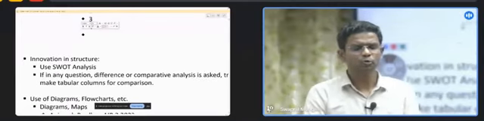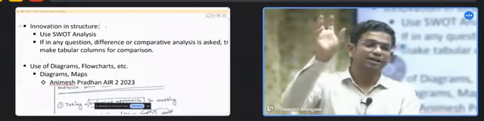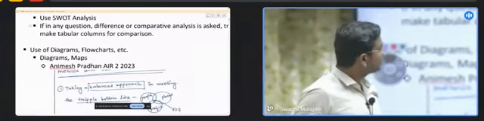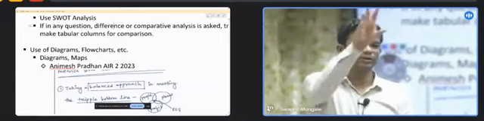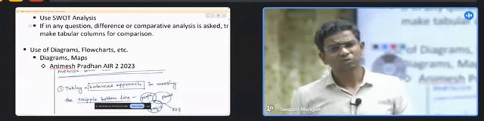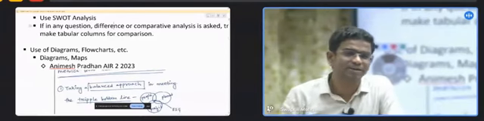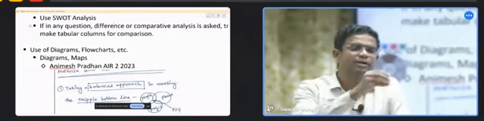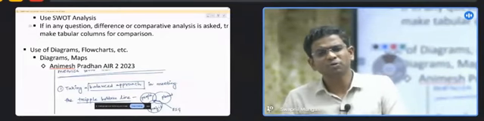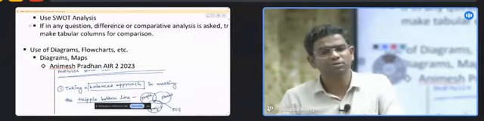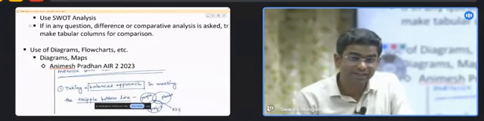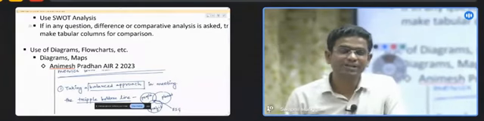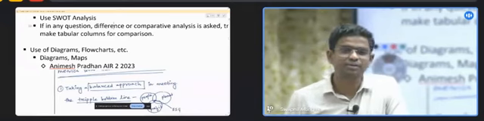Okay? Try to use innovation in structure rather than just using heading, subheading, or point format. At times use SWOT analysis. In some of the questions, you can write a differentiation directly, this and that. You can just make 2 columns and write various points in that format as well. So try to innovate, because if each and every paper only has point format, that examiner, because he or she is also human, tends to get bored. That's why you have to try and keep them happy, keep them entertained. That is going to automatically give you half a mark extra, 1 mark extra in some random question.